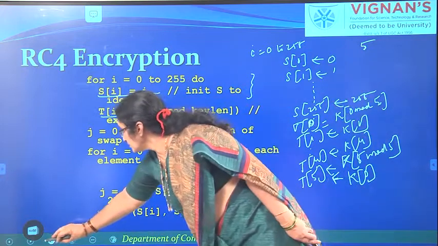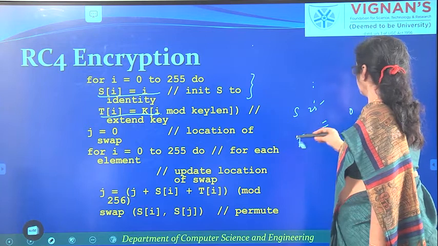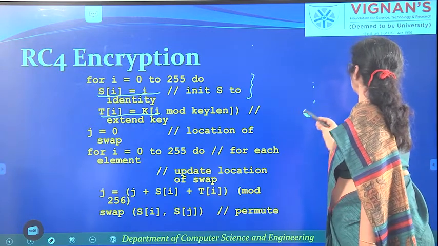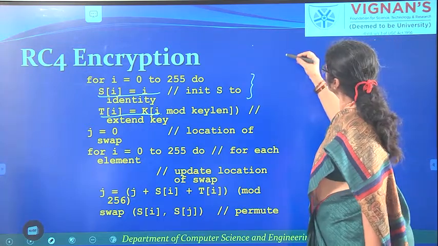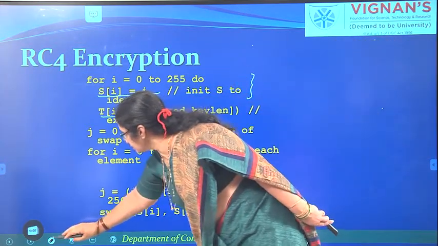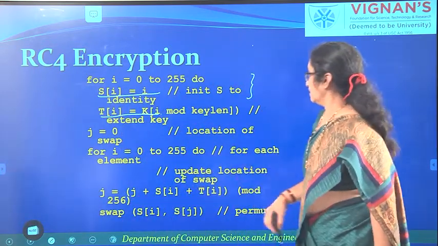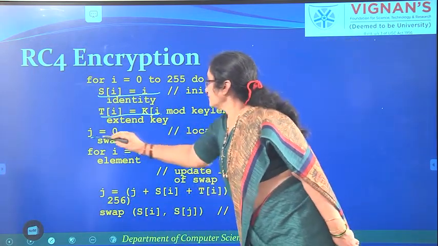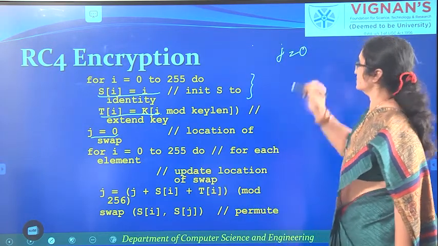We have to shuffle the state matrix. So, let us see how we can shuffle those values. We will initialize the values of i and j. First, j is equal to 0. So, let us keep j is equal to 0.